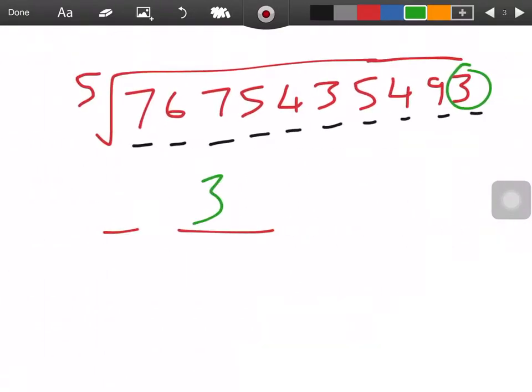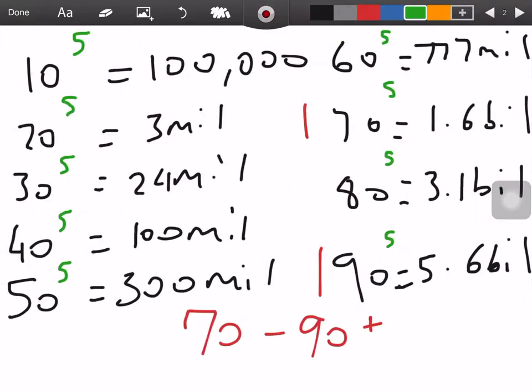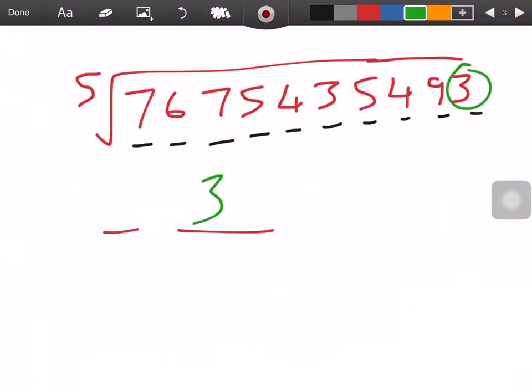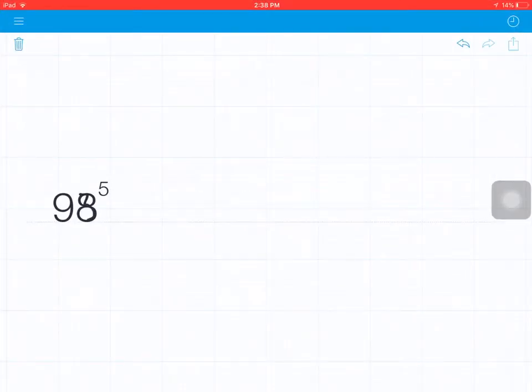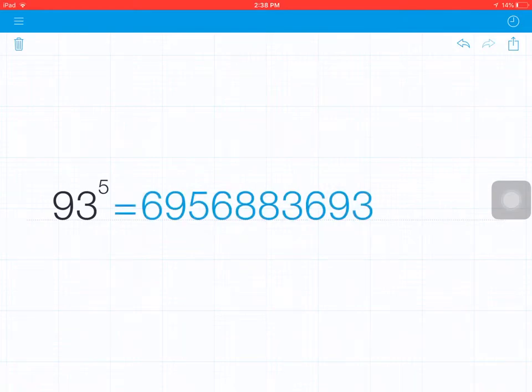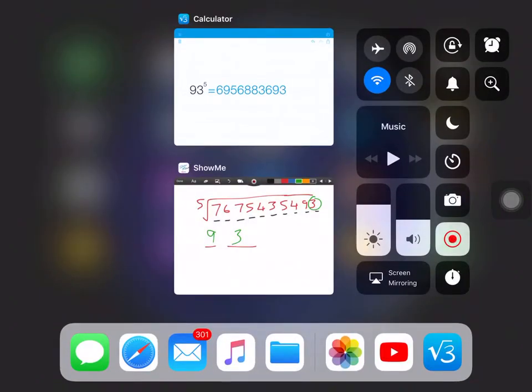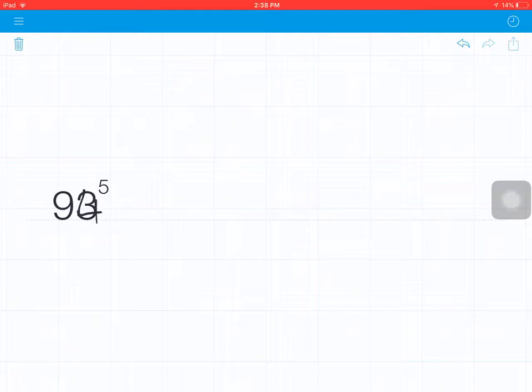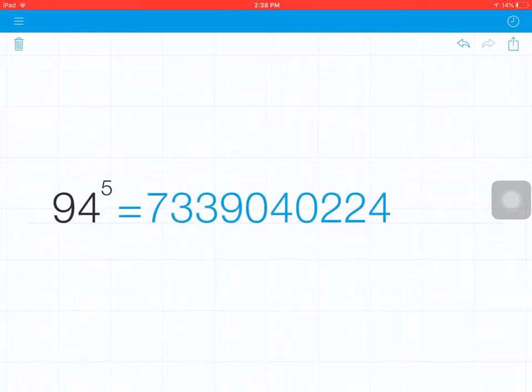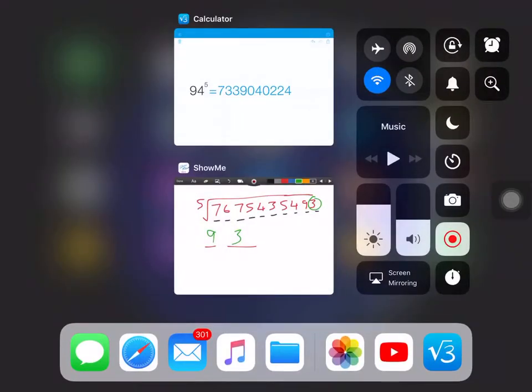7.6. If you think about it, it's going to be greater than 90, so we put a 9 to represent our 90s. So it's going to be 93. That's a rough estimate. It won't be our correct answer, but it'll be a rough estimate. So 93 to the power of 5. We didn't get quite close, but we did get reasonably close. As you see, one digit again